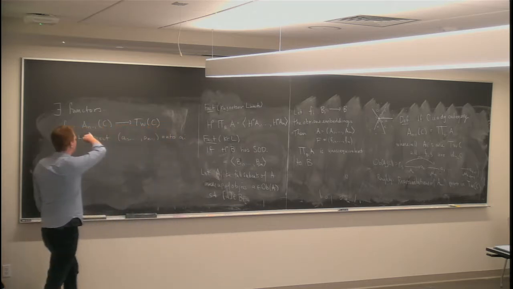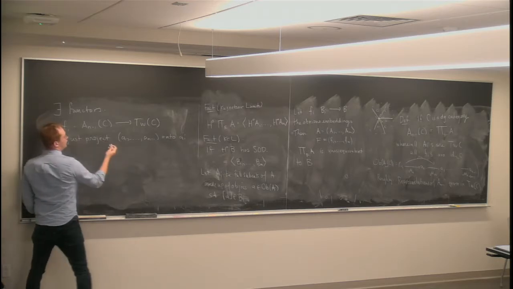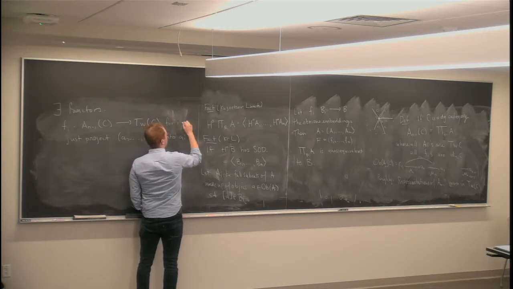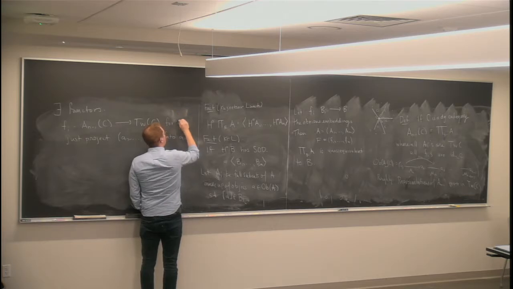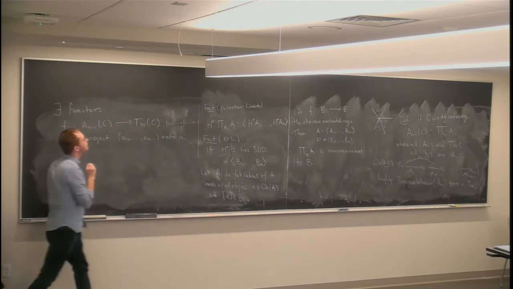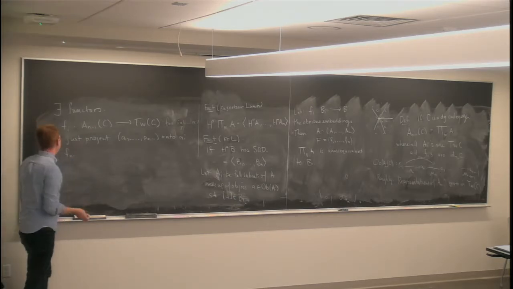So you project onto the i-th object. This works for i equal 1 to n minus 1. And then there's a functor F_n, which sends